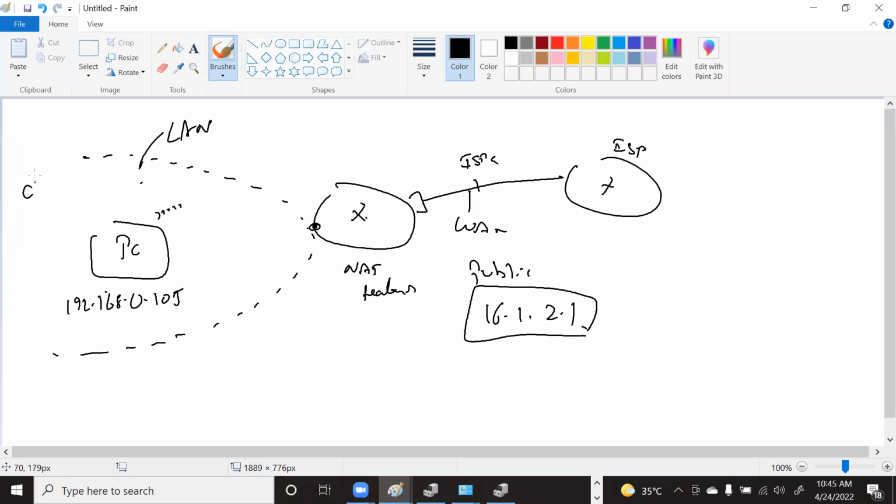Inside the LAN, you can use class A, class B, or class C private IP address ranges, but you cannot use other ranges like 16, 12, 14. That is not possible. That is a bad design if you use those IP addresses. So we have a PC with IP address 192.168.1.05. Even in this router, when my PC is accessing the internet,